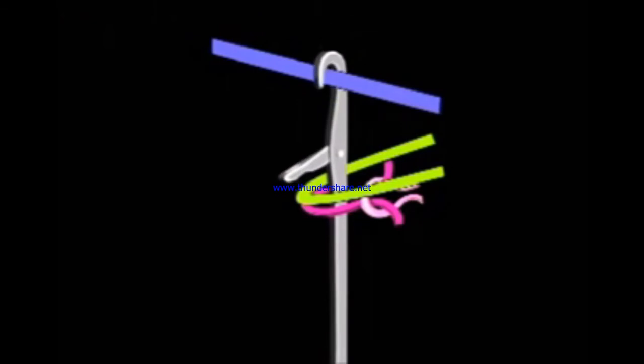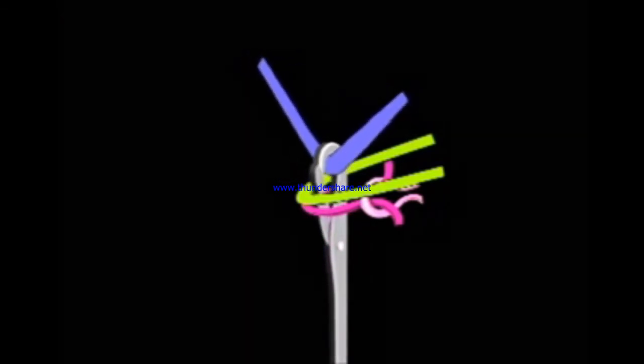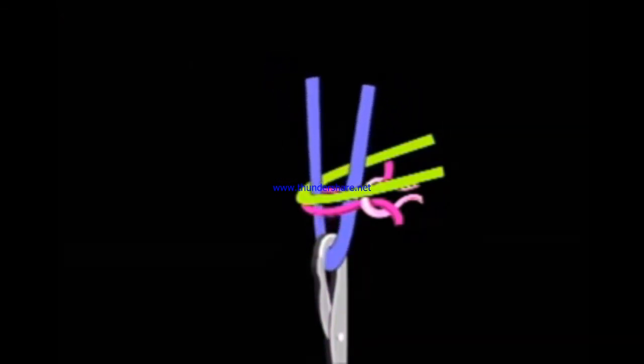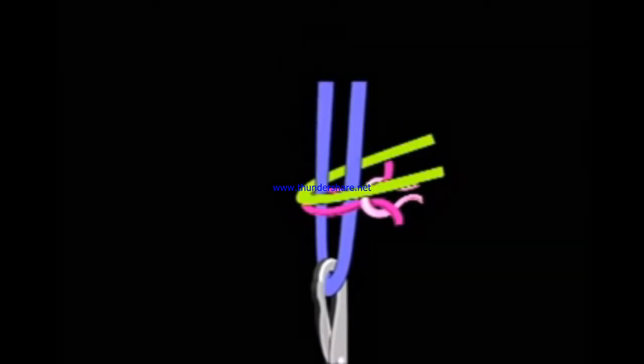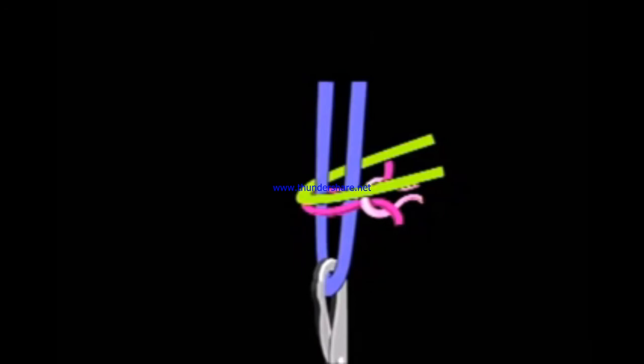Okay, the new thread, the green color thread, has been fed and put there at the verge, and then again the new thread, the blue color thread, has been casting off. So now the green color thread is not actually forming the loop. Previously the pink color thread was from the old loop, and the new loop has been formed by the blue color thread.